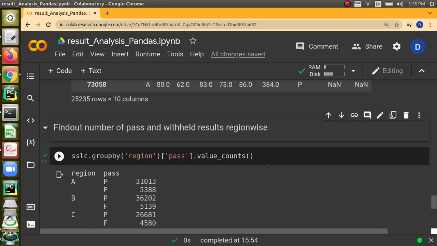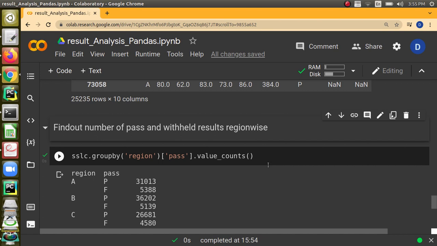Next, suppose you want to find the number of pass and fail values region wise, that is, in region A how many students have passed and how many have failed, in region B how many students have passed and how many have failed. If we want to know this, then Pandas helps us by giving a function called groupby. This groupby will help us to group the data, and then we can apply any aggregate function over it.